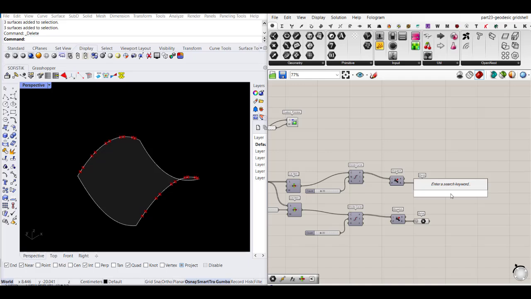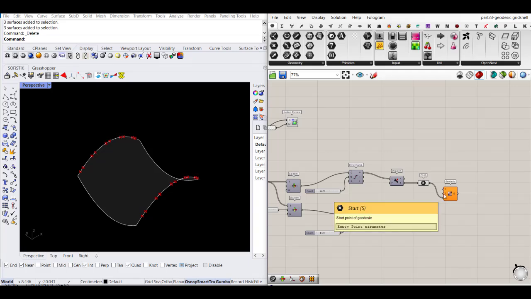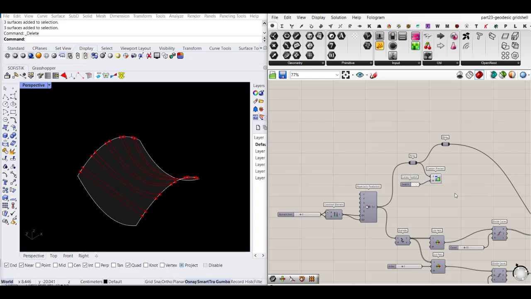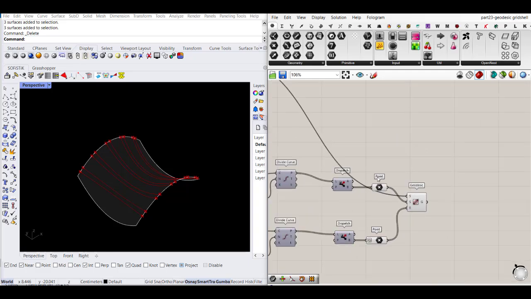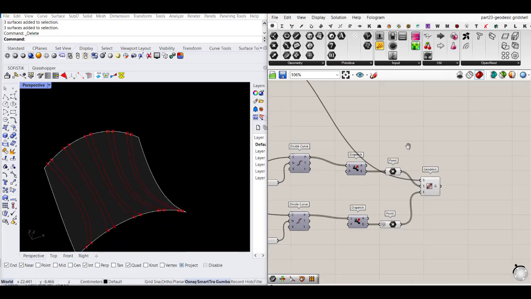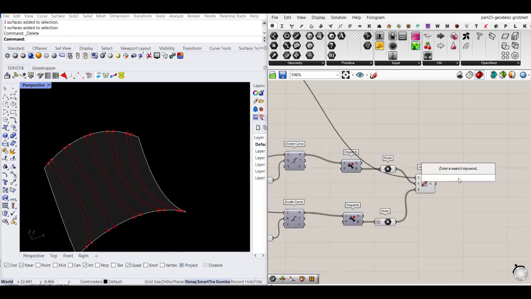Now if we type geodesic, again we have this start and end points, and this is the surface. Okay, so we have the curves created, and now if we loft them together,